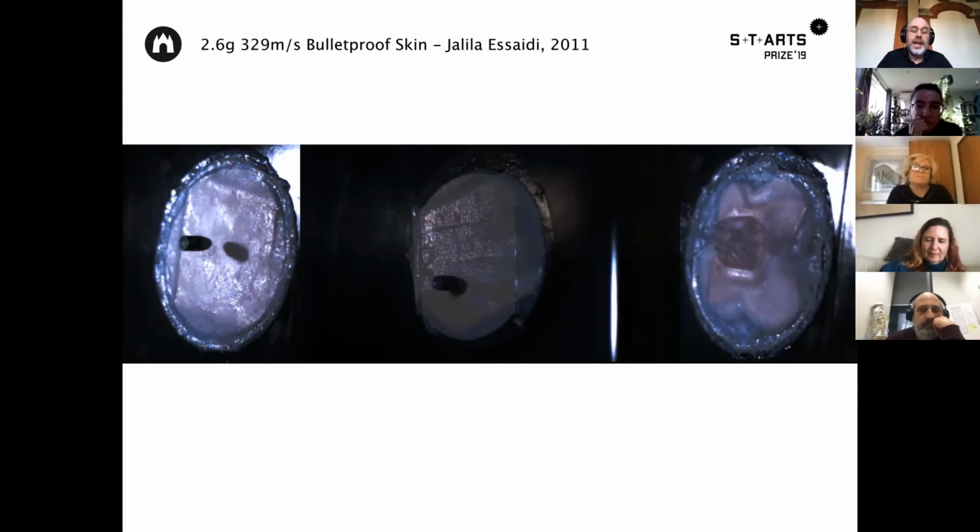And if you have an 8-layered patch and you let that grow in a cell culture of human skin cells, in this case, it would hold a bullet shot at a velocity of 329 meters per second. I was at the experiment on the shooting range, and of course, it will harm your body, but it's interesting